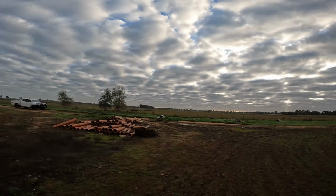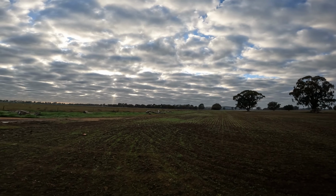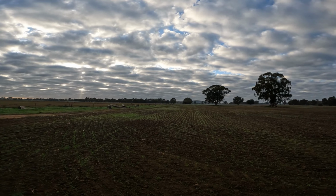Another brisk morning. It's going to be a reasonable day, I think, by the looks of it. Just catching up on a bit of stuff from yesterday. Tony's just been doing a bit of maintenance on a few things, and Brendan started pulling down an old fence that's been needing to be pulled down for a fair while. I did a few jobs in town yesterday, had a couple of meetings, and actually I'm looking to